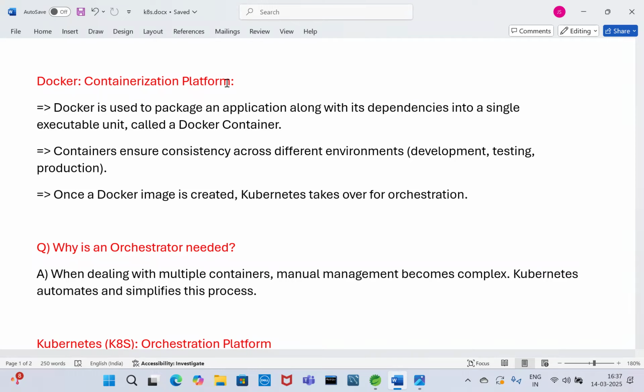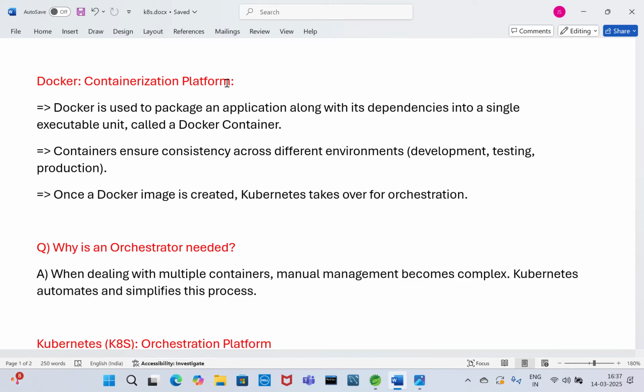So Docker is a containerization platform, right? Our application, by using the Dockerfile, we are converting into a Docker image. That is nothing but containerization.